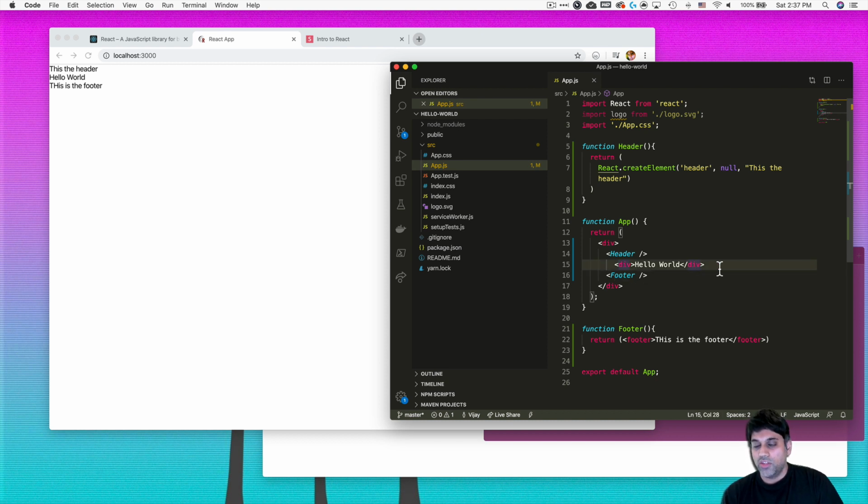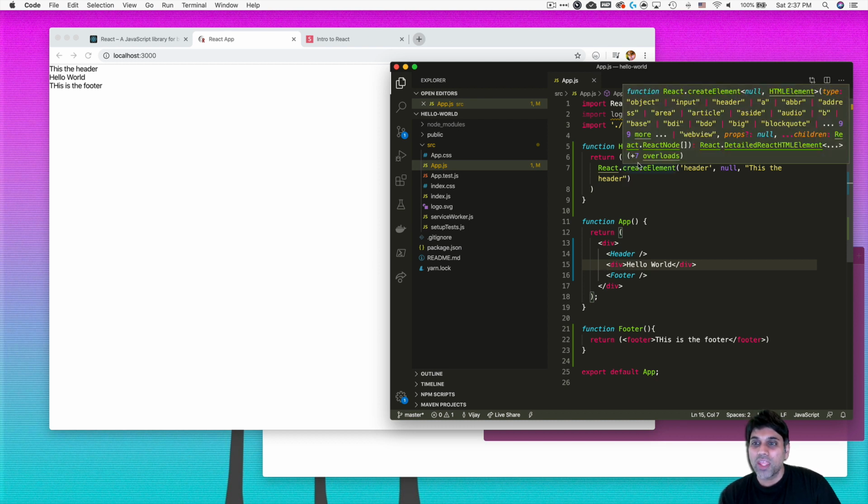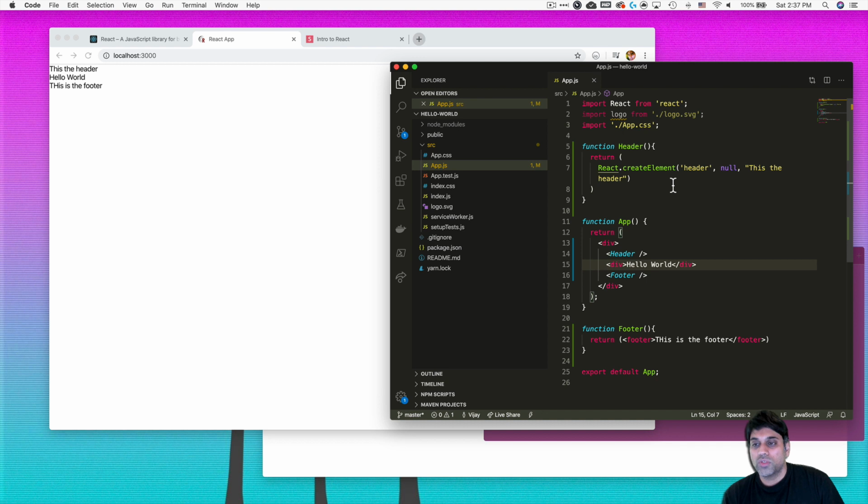And so at the end of the day, when you return, you need something to wrap all of this into one simple function. So we're saying we just want to create a div, and then inside we want to place all of this extra stuff. So we're going to create another React element function, and then put in a header, then another one, and then create a div called hello world. And we're also going to have the footer as well. And actually this isn't wrapped, but this is part of the entire syntax. So imagine like 4 different React create element functions inside of a big giant React create element function, or maybe it's 3. That is just going to be really cumbersome to write. So rather than do all that, we can just say return header